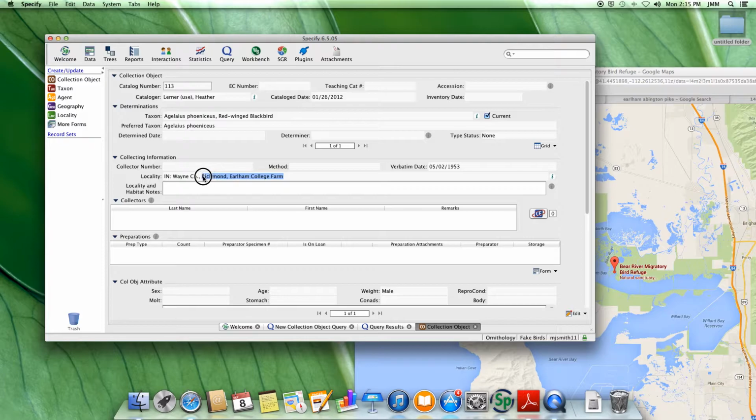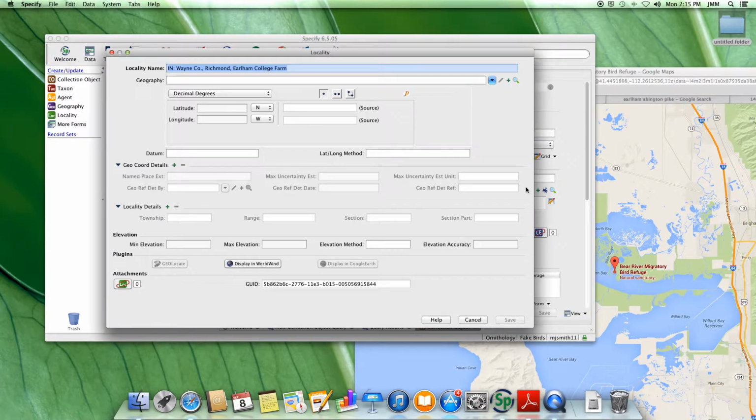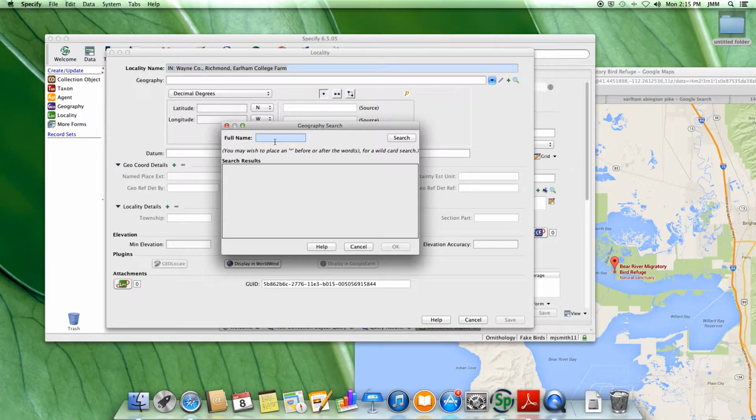Well, this one here was found at Earlham College Farm. That's a great one to do. So we're going to click Edit. Okay, we're going to go into Edit the locality. Uh-oh, same problem here, huh? Okay, well let's search, and let's search for Earlham,